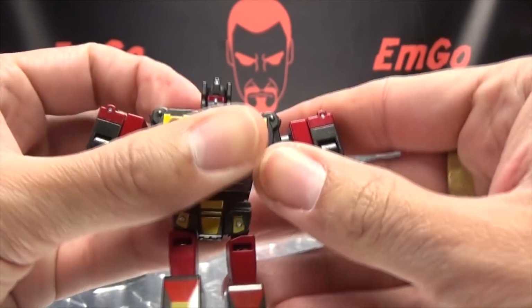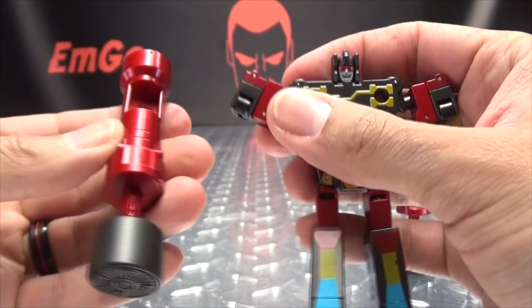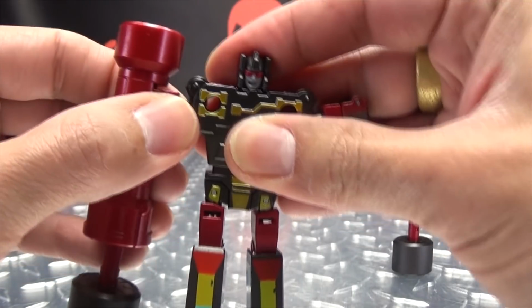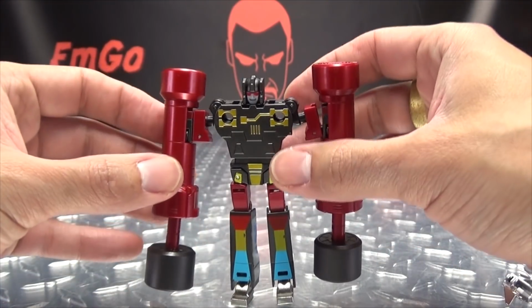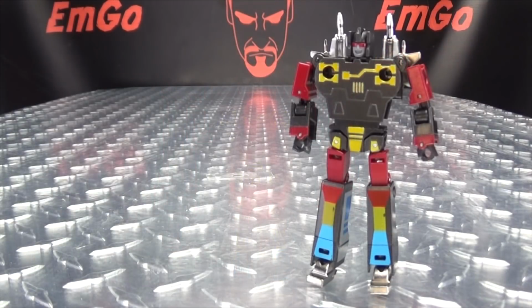Let's pull those out like that. There we go. And the pile drivers will just slide over his arms like that. And there you go. Now he's got his pile drivers, and he is so freaking happy about it. So, there you go. And now for a Frenzy